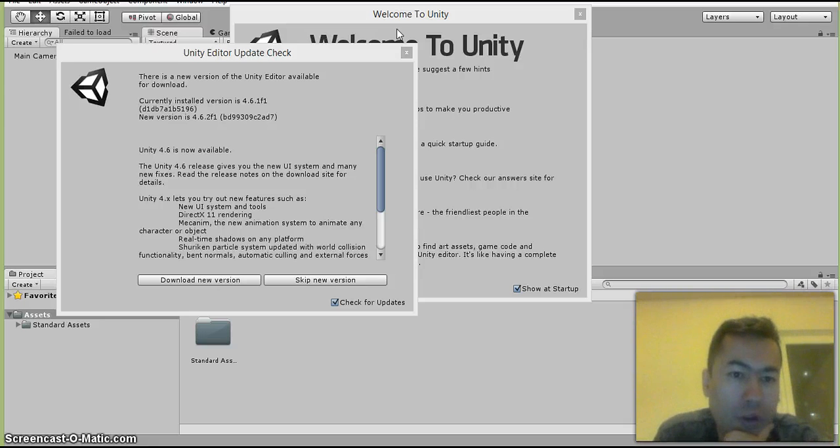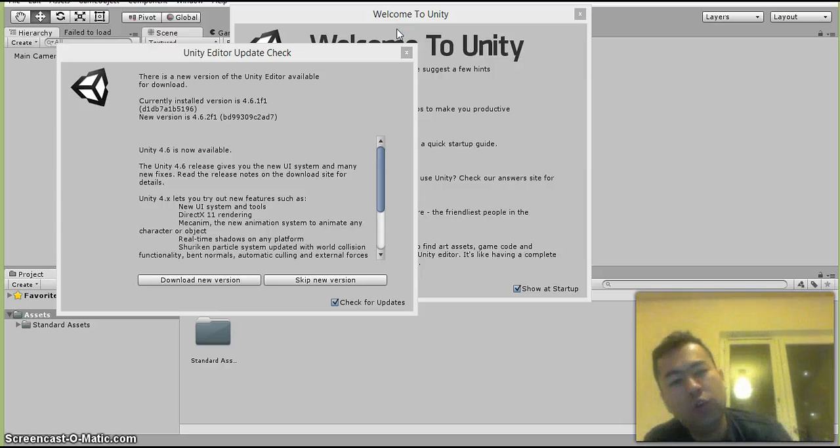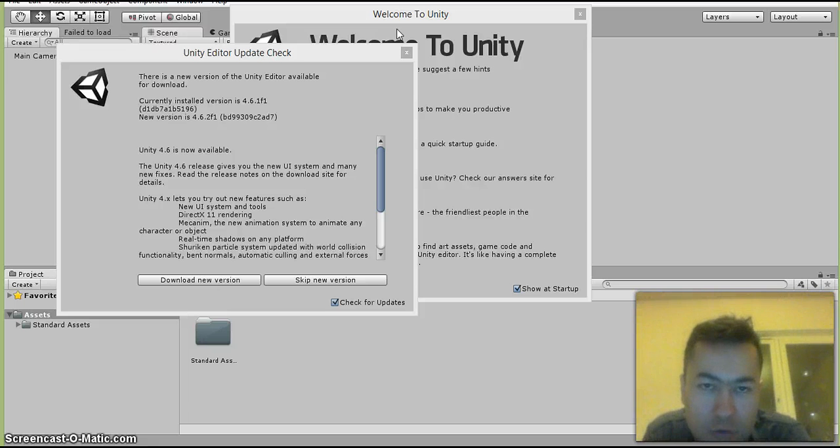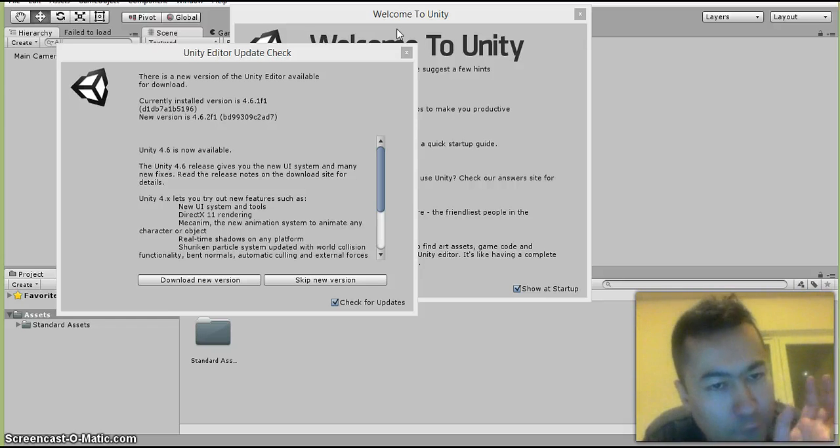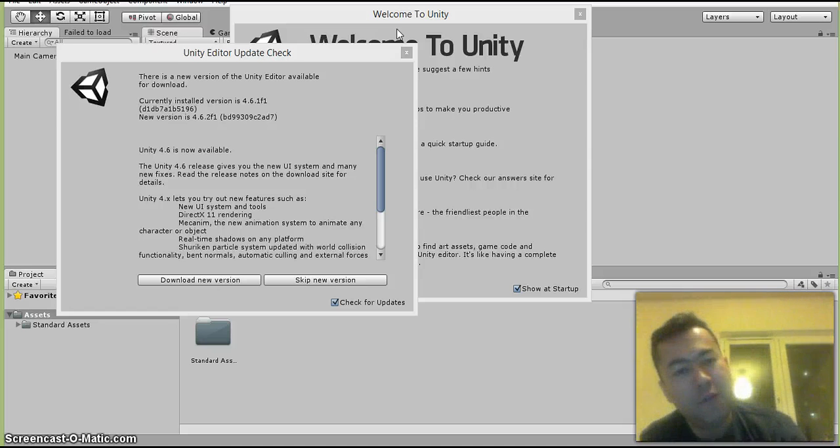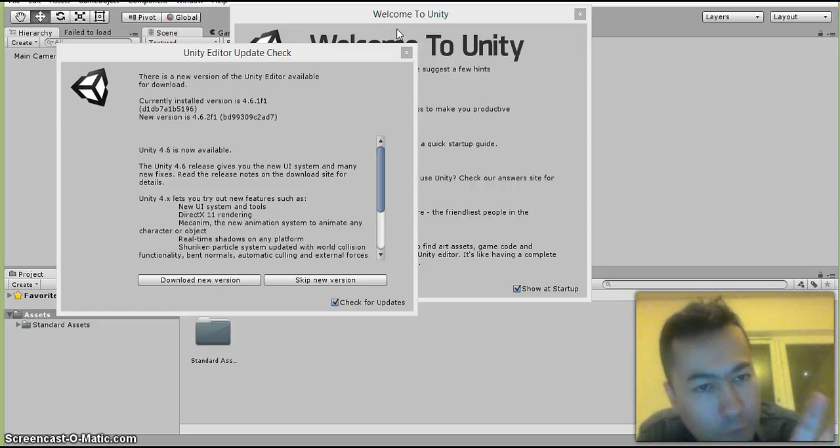I have 4.6.1, and now there is a new update, 4.6.2. At the time when you see the video, maybe there will be more updates or a new version, 4.7 or something, so you are free to download the new version. But remember, when a project is upgraded to a new version, sometimes you can have a little difficulty opening the same project in a previous version. So if you have a project created with Unity 4.6.1,